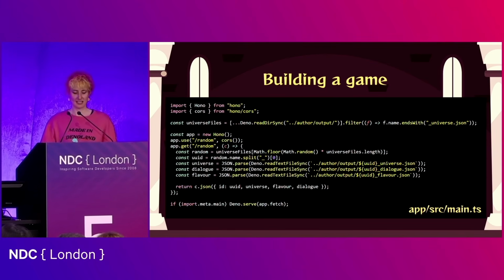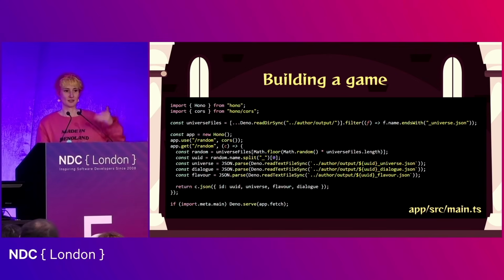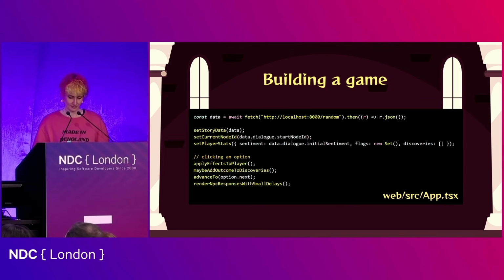And I'm using Deno's built-in file APIs to do the rest of the work for us, which allows us to just read the files that we created earlier. So when I showed you that file full of cities earlier, that's an example of one of the ones that we could read in here. So on load, we then fetch that random seed state, and we populate a chat UI from the information that we're given.